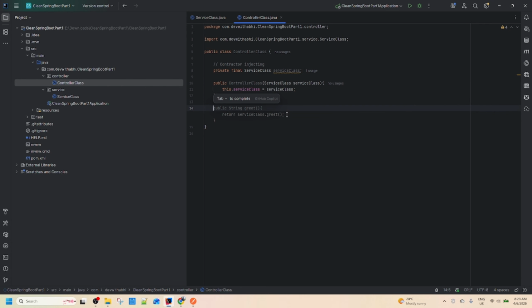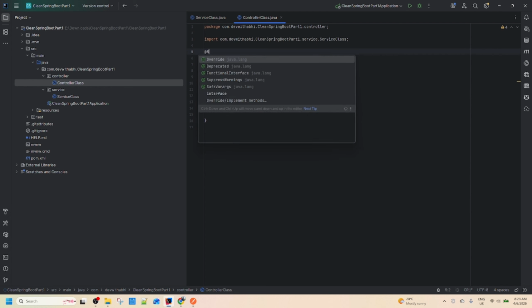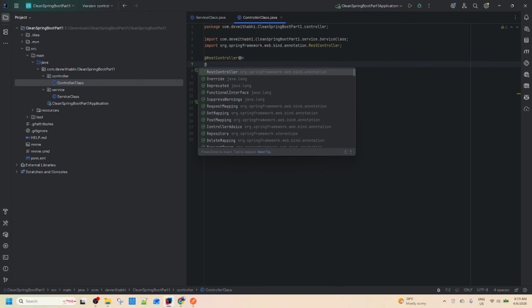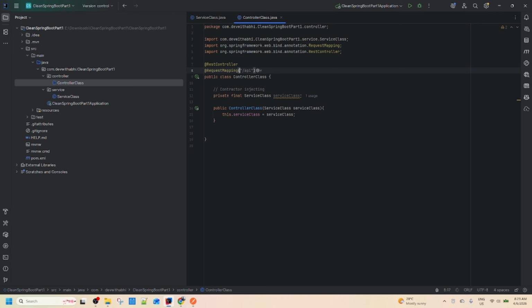Now let's create an endpoint. First we have to mark this as a REST API controller, so we are using this annotation, @RestController. This marks this class as a REST API controller. And we also have to add another annotation, @RequestMapping. This one defines the base URL of our endpoint. So I am using /api,